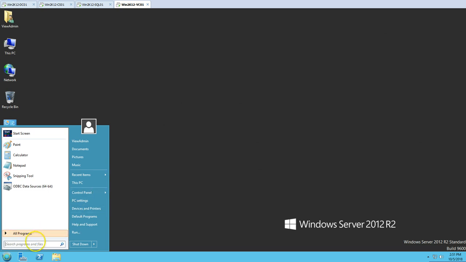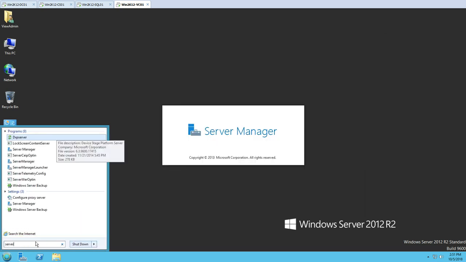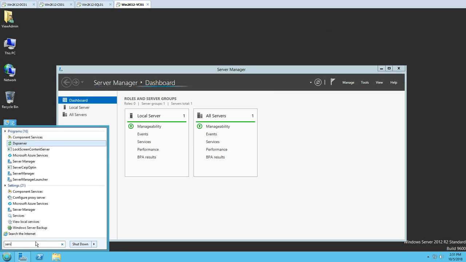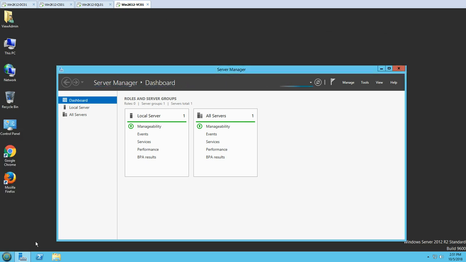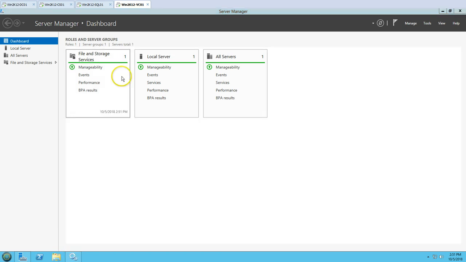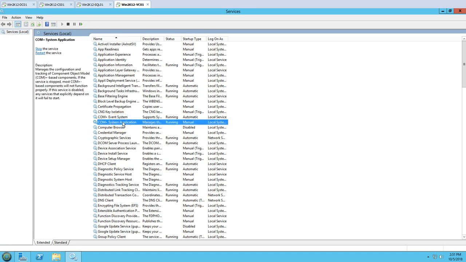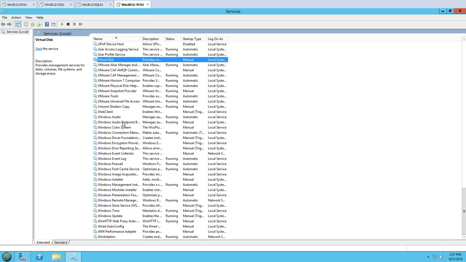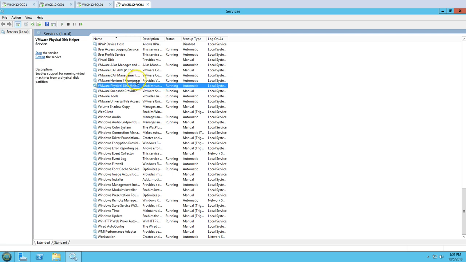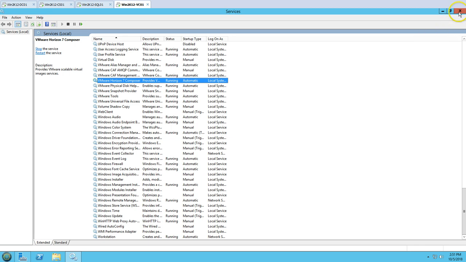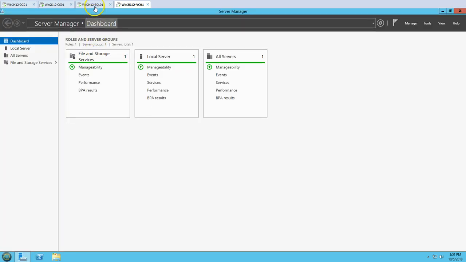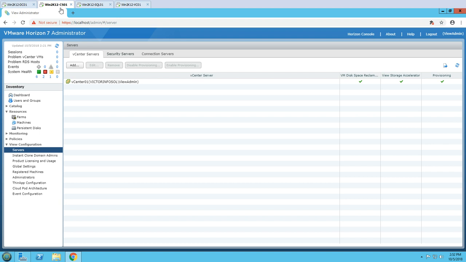And if I go to services, you can see here the VMware Horizon 7 Composer service is running. So this is good. We have done the installation successfully, and now go to connection server,